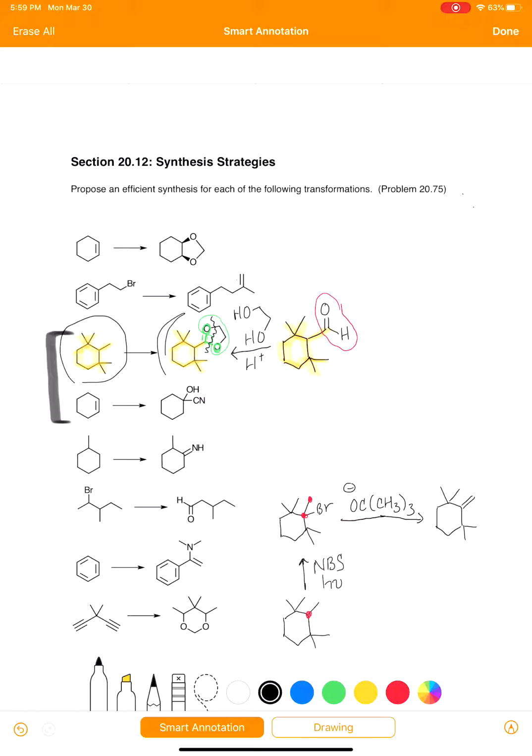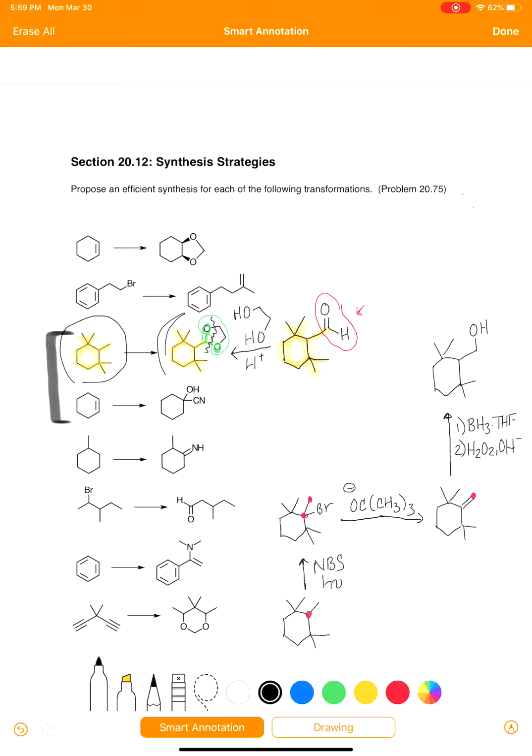And so now what we want to do is put our functionality out here. And we could really, technically put anything out there and we'll be able to convert it to our aldehyde. But it would be great if we could put an oxygen out there on the end. That would just make things a little bit easier, and we can totally do that. We just need to do an anti-Markovnikov addition to this carbon-carbon double bond. Anti-Markovnikov addition of water is going to be BH3, THF, then hydrogen peroxide, H2O2 in basic conditions. So that will give us